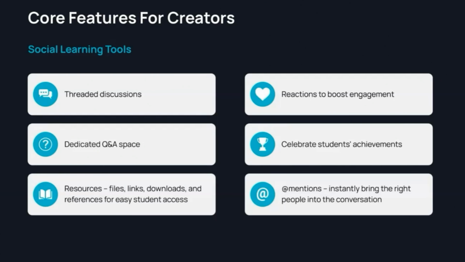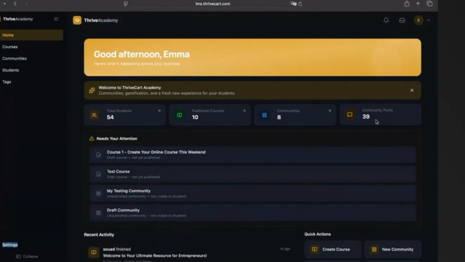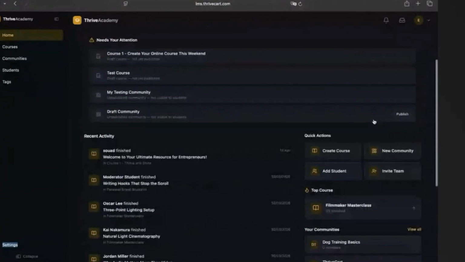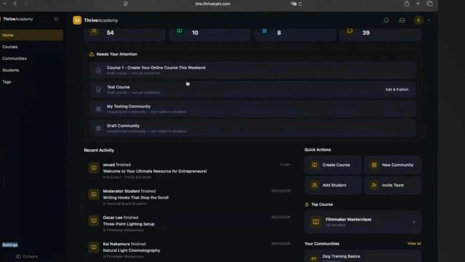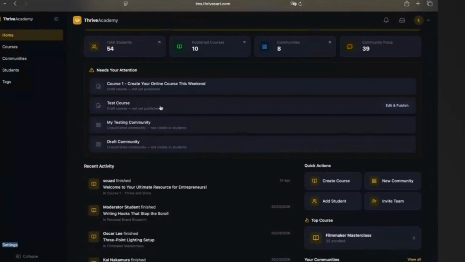So LMS is a learning management system. It's pretty much like an enterprise education system, right? So you can host courses on there, you can have communities, you can have multiple communities, which is something that I'm most excited about, because let's say you have 3 different coaching programs and they're like a basic, intermediate, and then advanced.